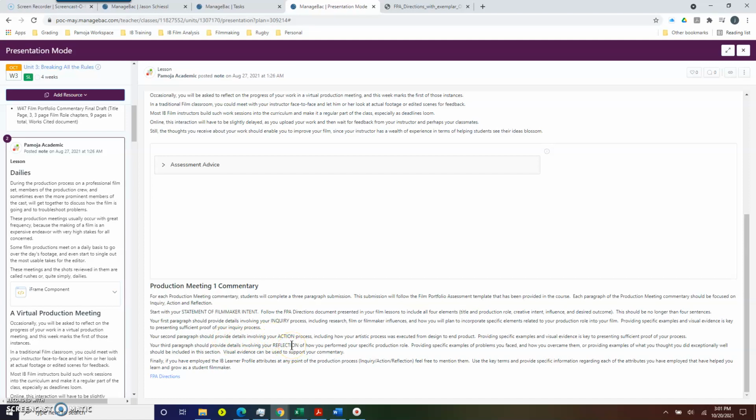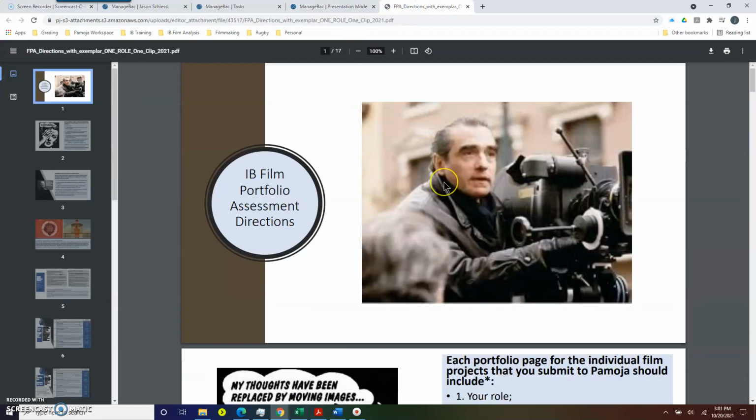Your pre-production process was what you were doing to prepare. This is actually doing the process. All right, so you're going to showcase what you did to research, then how you employed your role in your intent, and then reflect on how you did. If you click this FPA directions hot link, you're going to see this document. Now, this document